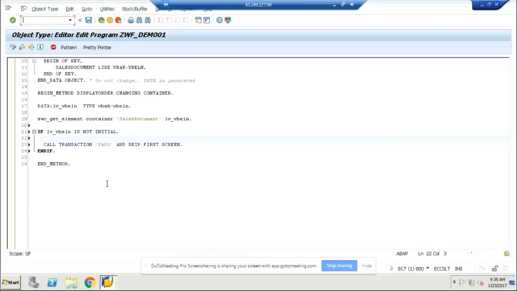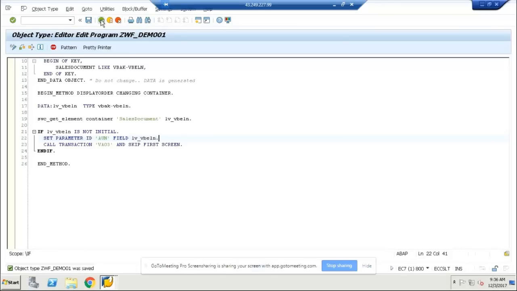Okay, so here set parameter ID name AUN, field is... Okay. So now what I'm doing, I set the parameter and directly I'm calling VA03 and skipping the first screen. So directly it will open the second screen onwards from VA03. I have defined a simple method, and now I'm going to save this one